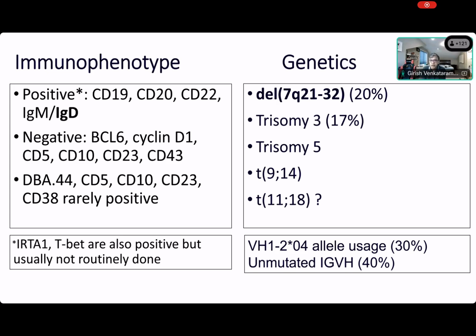Okay, let me throw a trivia question. What cells in a normal marrow will express cyclin D1? What would be the internal control? Anybody? You have to know your internal control for every stain in heme, right? Like the back of your palm, you need to know it because many stains won't work, and when it doesn't work, you have to know when it doesn't work. Just seeing an external positive control is not sufficient. Anybody want to venture what cells will express cyclin D1 in a normal marrow? Endothelial cells, and that is correct. Okay, one more. Anybody?